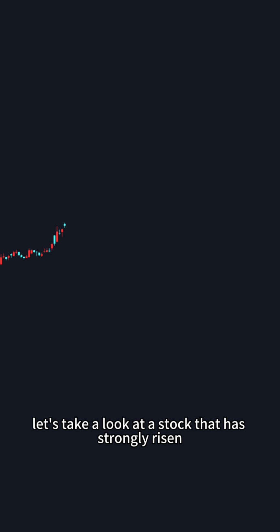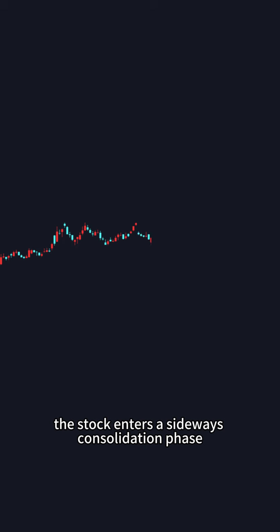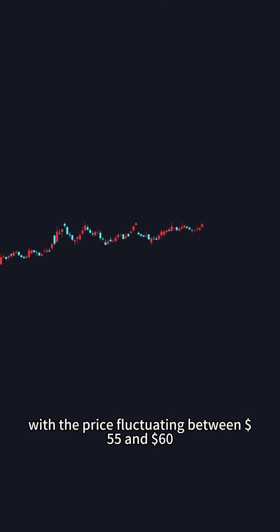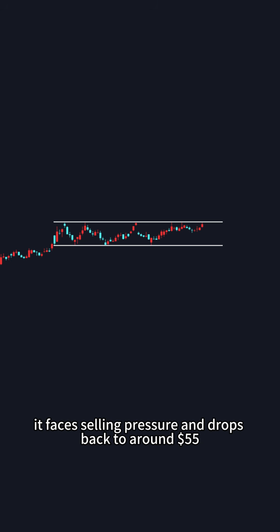Example. Let's take a look at a stock that has strongly risen over the past few months from $40 to $60. After this rally, the stock enters a sideways consolidation phase, with the price fluctuating between $55 and $60, forming a clear rectangle pattern. Every time the stock approaches $60, it faces selling pressure and drops back to around $55,